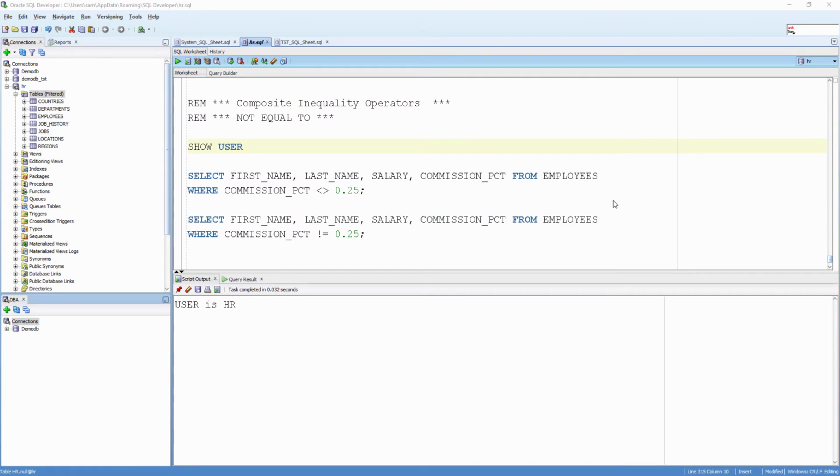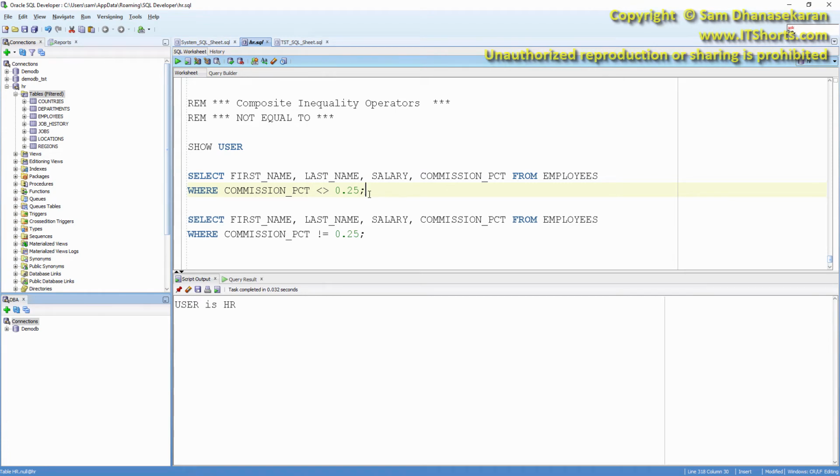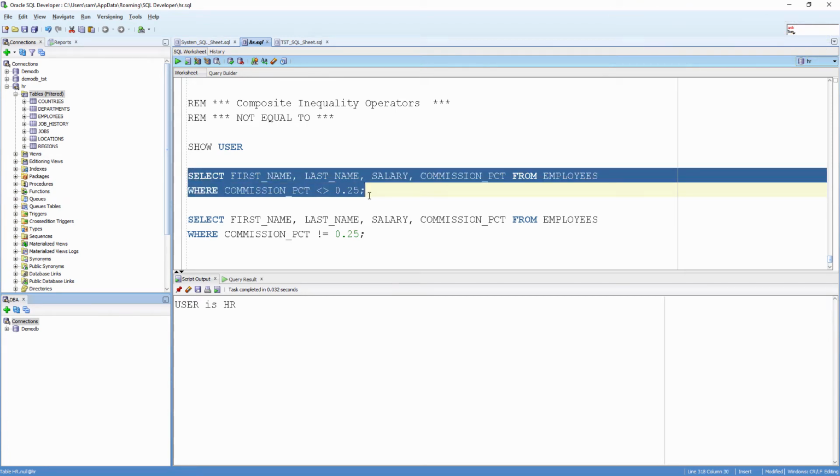We can also achieve a not equal to function by using a combination of less than and greater than symbols. What this means is it will bring the rows that are not equal to the value passed in the condition. For example, this following SQL achieves not equal to function